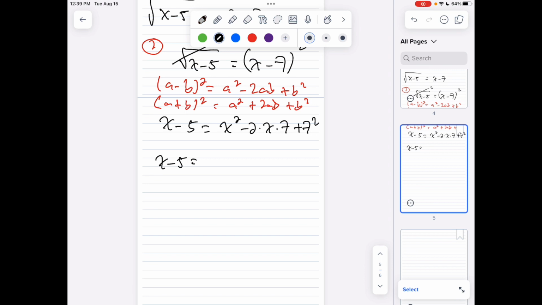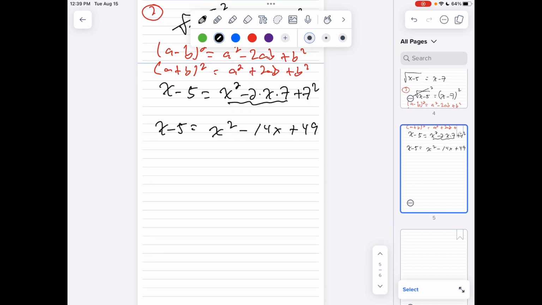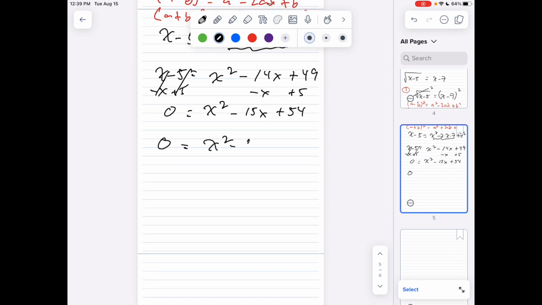All right, so I'm going to simplify what I have here. That 2x times 7, that's 14x. 7 squared is 49. And I'm going to move everything over to one side because this is a quadratic equation, and it's just easier to work it that way. So I'm going to subtract x, giving me minus 15x, and then I'm going to add 5 to both sides, which is a 54. So we have 0 equals x squared minus 15x plus 54, and that will factor out as,